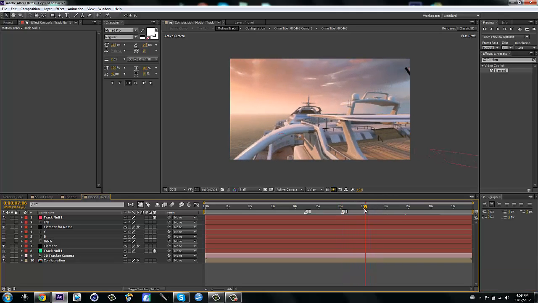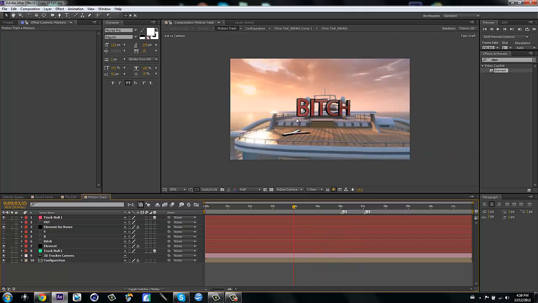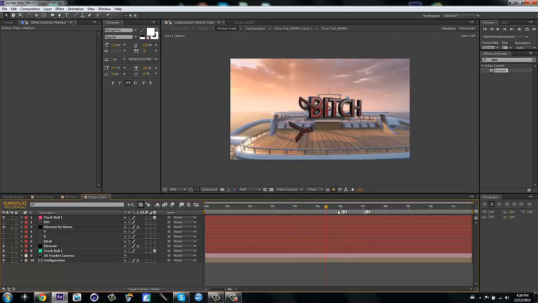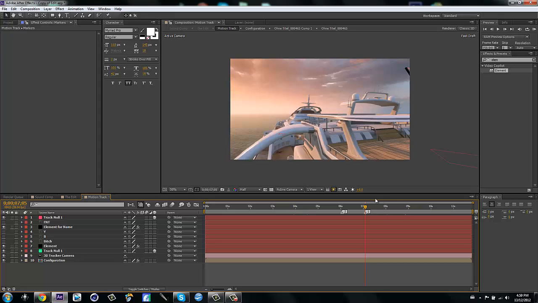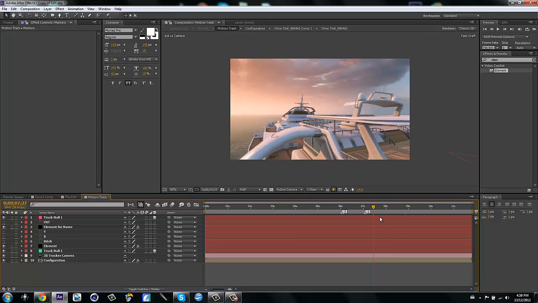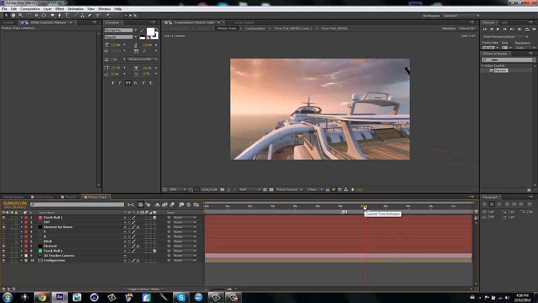So now I'm going to hit shift 1 because I want to have a glitch effect. If the FNT is always motion tracked and I put it near the track null, it will always just be in that position. So whenever I'm scrolling through, it will always be there. That's why I am going to put a marker so I know when to start a nice little glitch effect or a twitch or whatever. So you guys can use twitch or you can use a glitch effect,